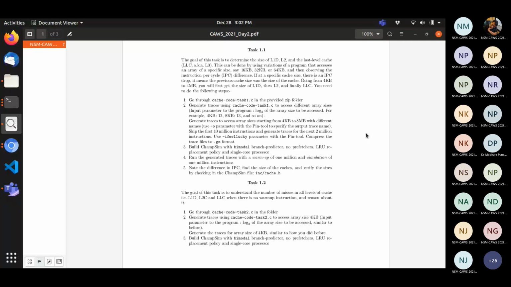After that, for building ChamSim and running the ChamSim binary, everything will be the same. It's just that the trace file that you are providing will change. So here you don't need to provide the argument that you are saying, 12 or 13. Did you get my point?